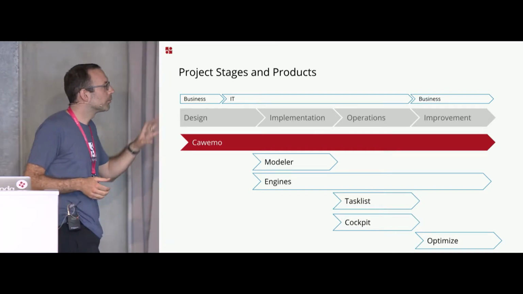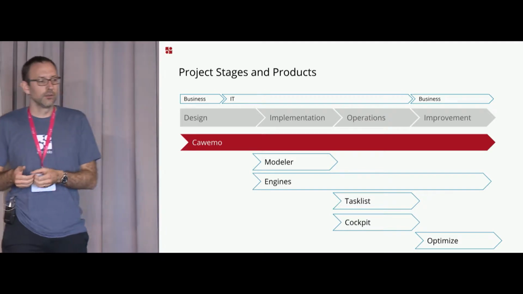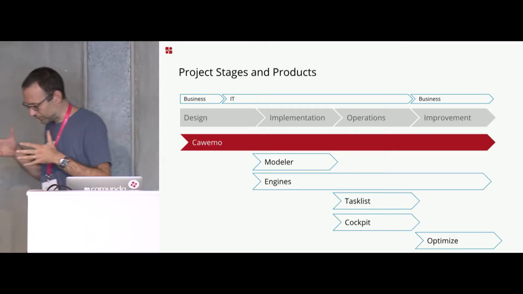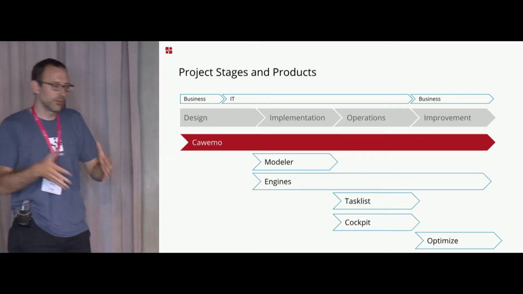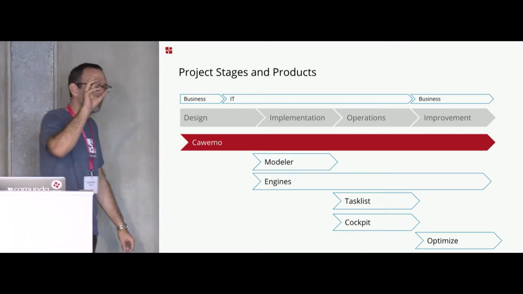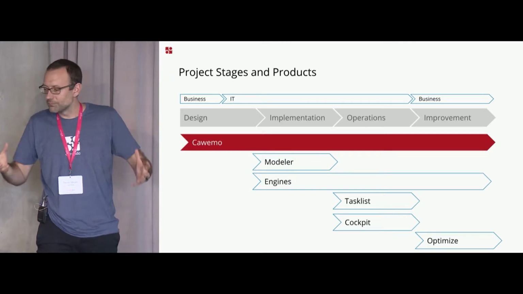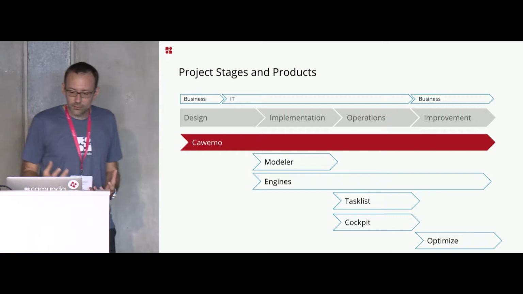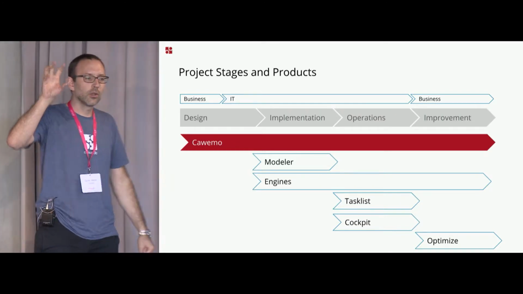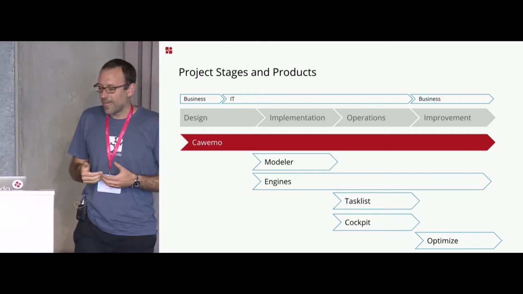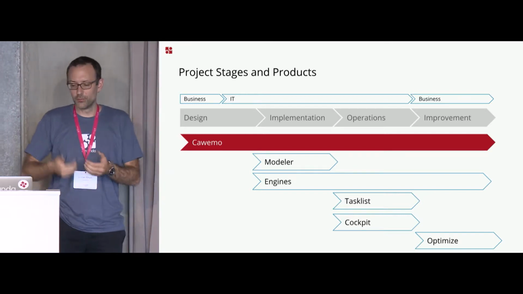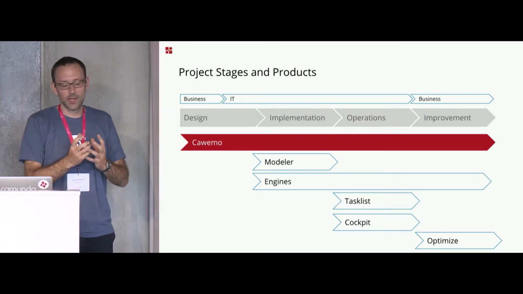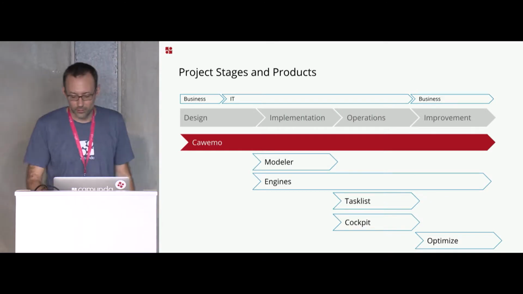And it goes beyond that. In the operations phase, we can have operators adding feedback on the processes that they're working with. If you're an operator and you have to fix the same problem every day in a business process, so every day in a particular task instances will queue up because there's something wrong with the process, then it can be really interesting for you if you can, in Cockpit for example, provide feedback: look guys, I think we need to improve this task. So even in this stage, we can integrate Cawemo with the other tools in the Camunda stack to aggregate all the feedback that we can collect on the business process and then make it transparent through Cawemo.